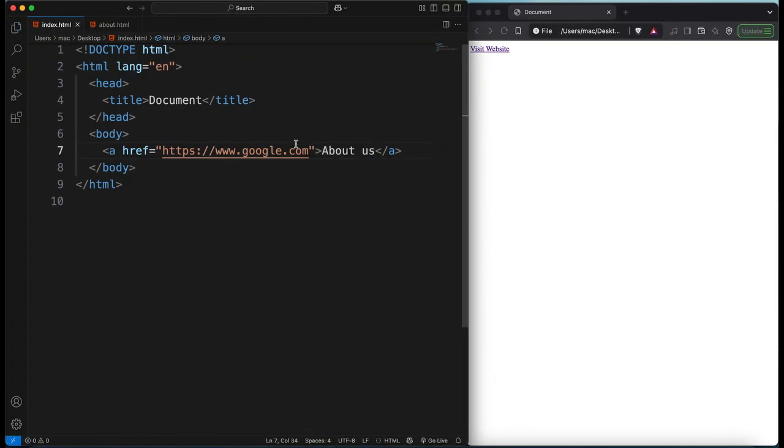Then how do I link to this about us? We have two types of link. We have the full path and the short. This is a full path link. Why? It contains the https and the www. But when you're linking to internal files or pages, you don't need all these things. What you need is just the name of the file,